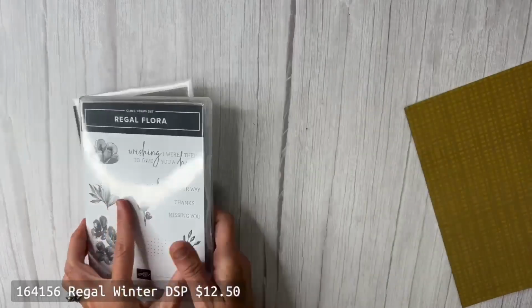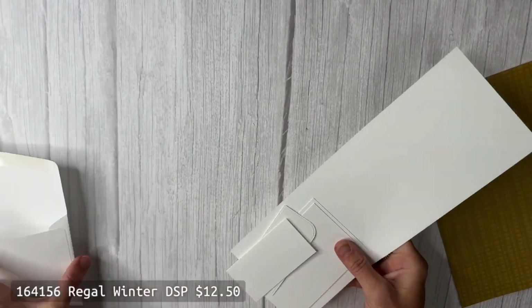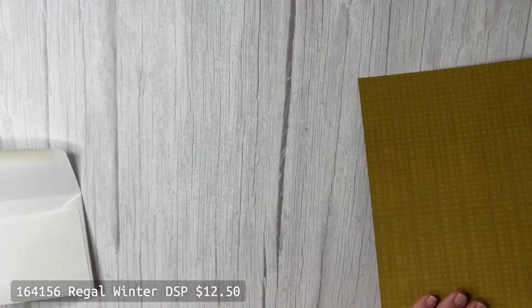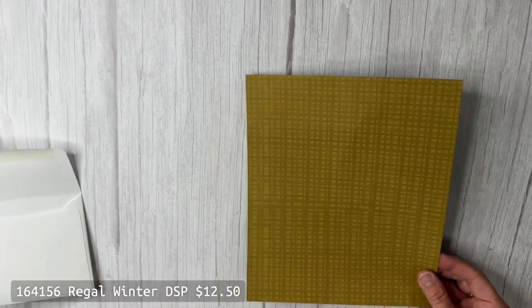And the first thing you want to do is, let's go ahead and jump in. This one, look at this. All the supplies you need are white. All the cardstock is white, white, white, white, white. Lots and lots of white. We are going to take this piece of Designer Series paper, and we are going to cut it